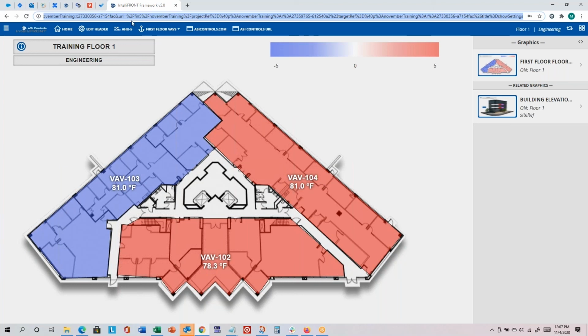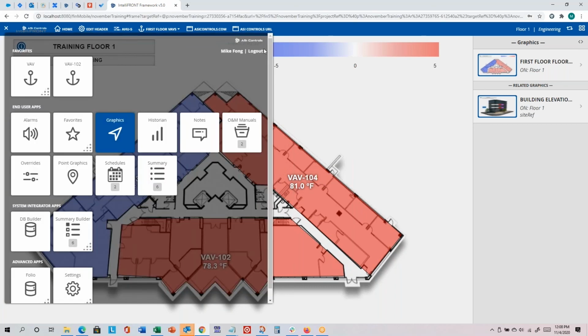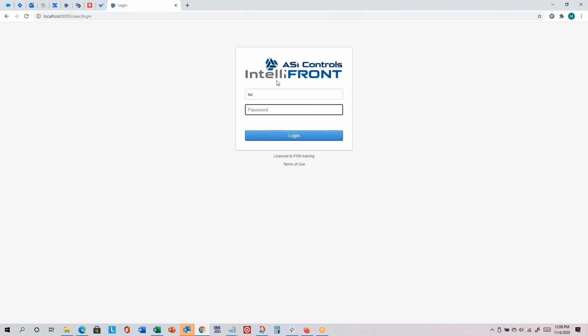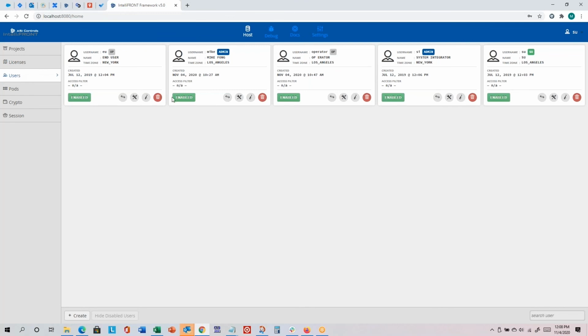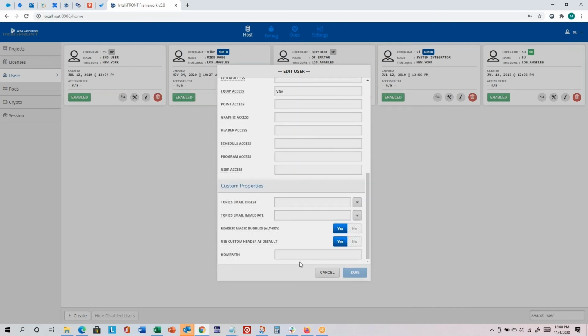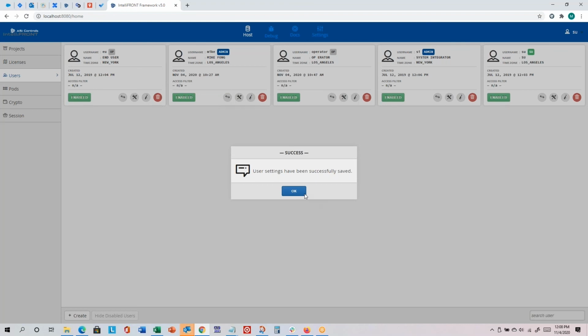So if I copy everything to the right of the November training project, then if I log out and log back in as a super user that can edit user settings, then I can go into my users app. I can go to my edit user, and in the home path, I'll paste that. And it's a bunch of extra text, but it starts with pound frame, and then there's a bunch of information beyond that. So now if I save that,